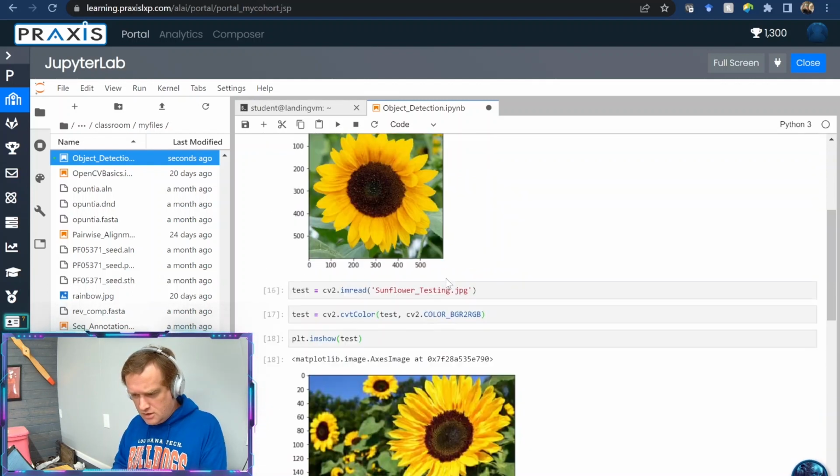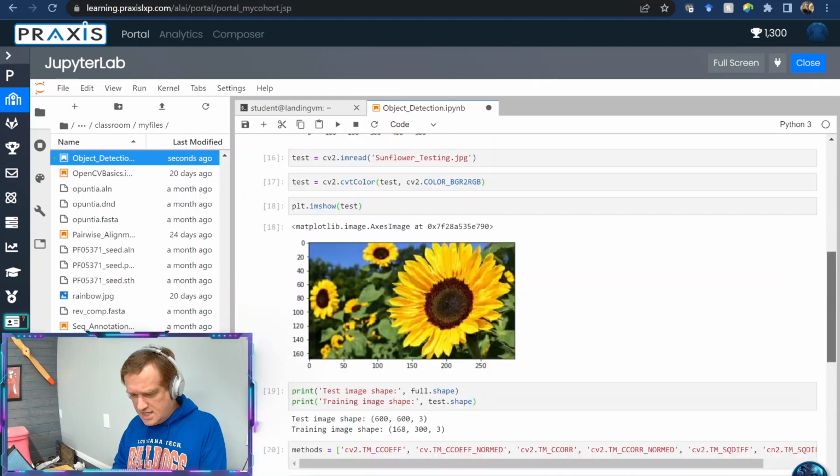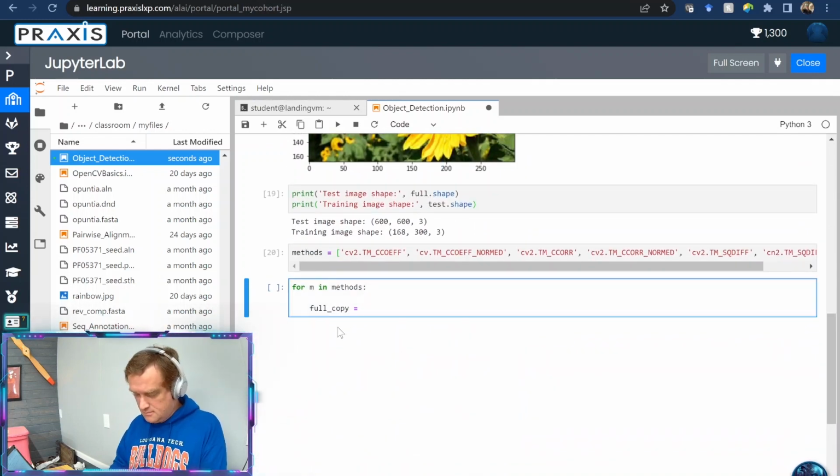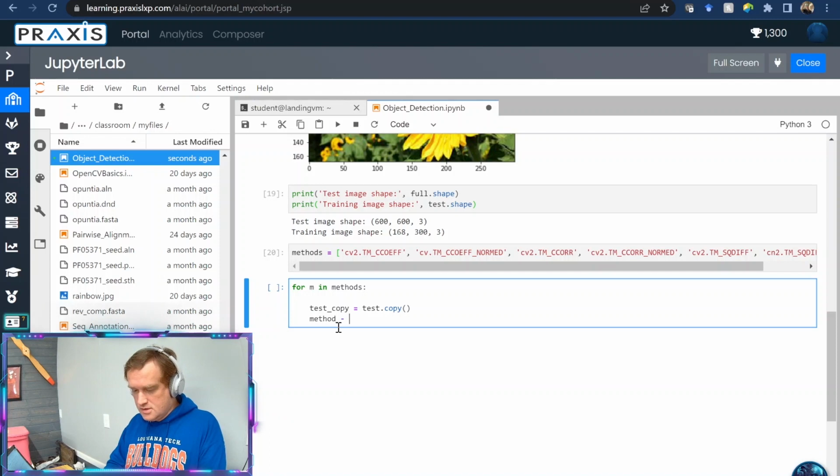We called it test. So we have test copy equals test.copy, and then method equals eval m,